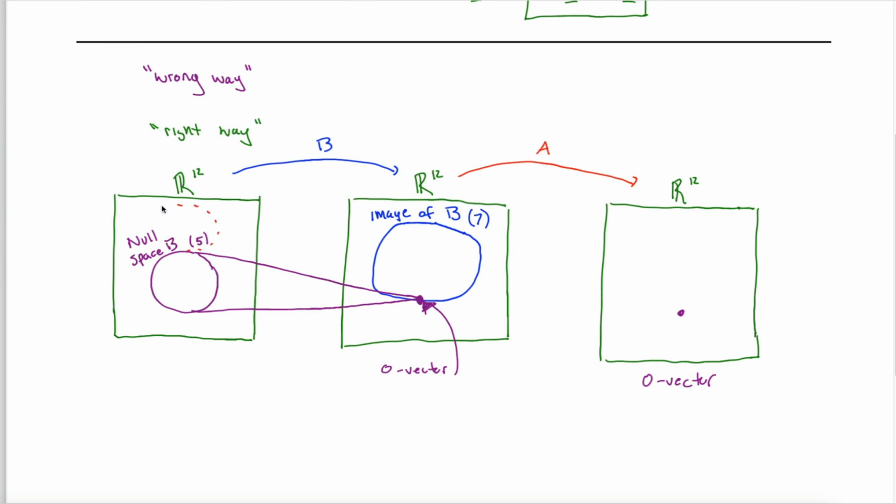I made it sound like we could kind of toss our 3 dimensions of the null space of A out here in our picture and we'd be good. It's not quite that simple, but it is that idea. The reason that doesn't work is because the image of B is not all of the stuff outside of this